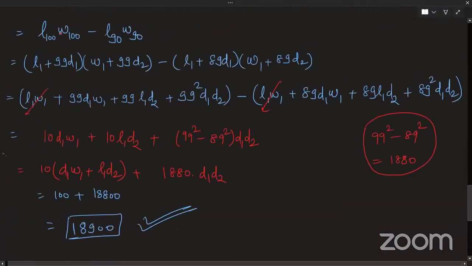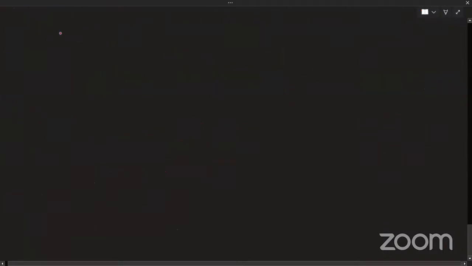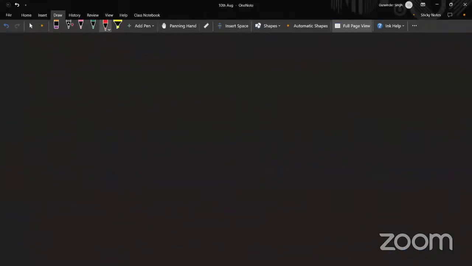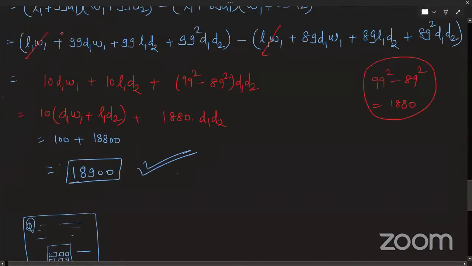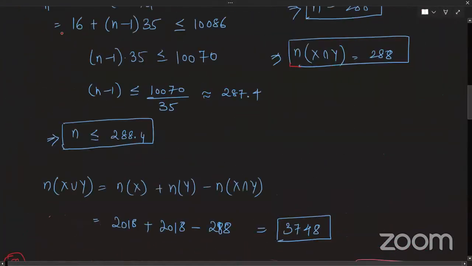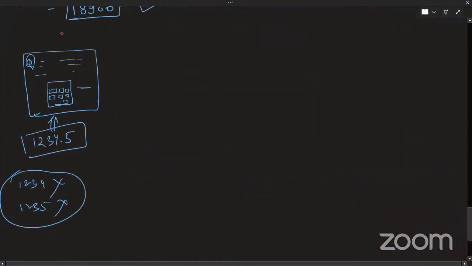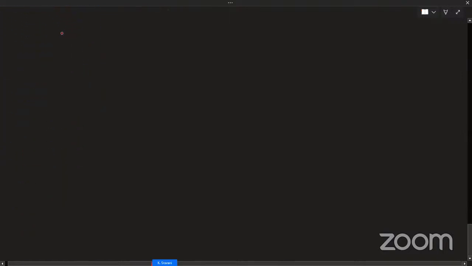It should not happen that you know the answer and still get it wrong, because it really feels bad when you know the answer and are still not able to get it correct. So fine, moving ahead. I hope everyone has understood these two questions, right? Yes, sir. Great. And just understand the point I'm trying to make about numerical answer type questions: you don't have options to select, you have an answer to give.